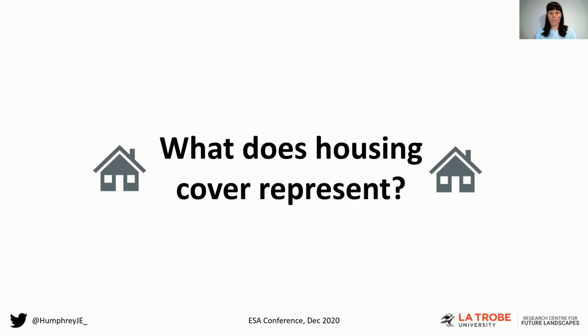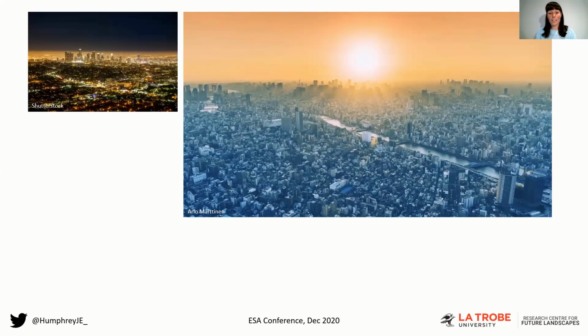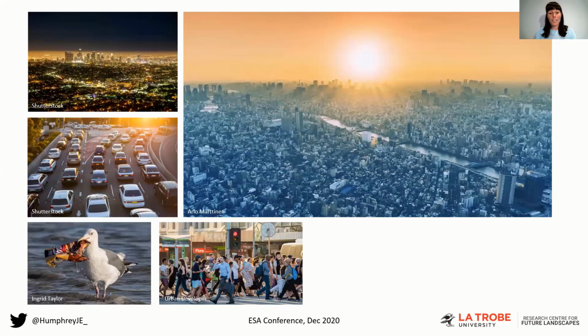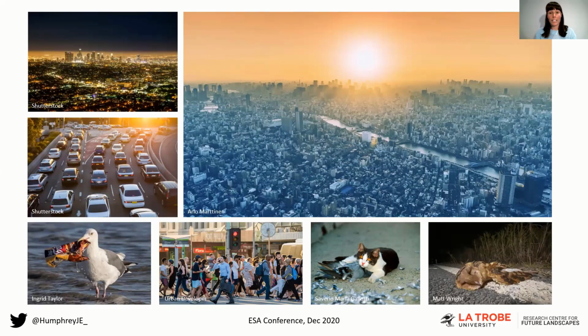When interpreting these results, however, it's important to consider what housing cover really represents. It's a measure of urbanization intensity, and therefore a proxy for human infrastructure and anthropogenic disturbance. This includes the extent of impervious surfaces, which relates to the urban heat island effect, artificial light at night, anthropogenic noise, pollution and litter, human population density, the presence and density of domestic predators, and the density of vehicles, which relates to car strike. There's a lot going on in urban ecosystems, so it's difficult to know what exactly is driving this negative relationship with species richness.